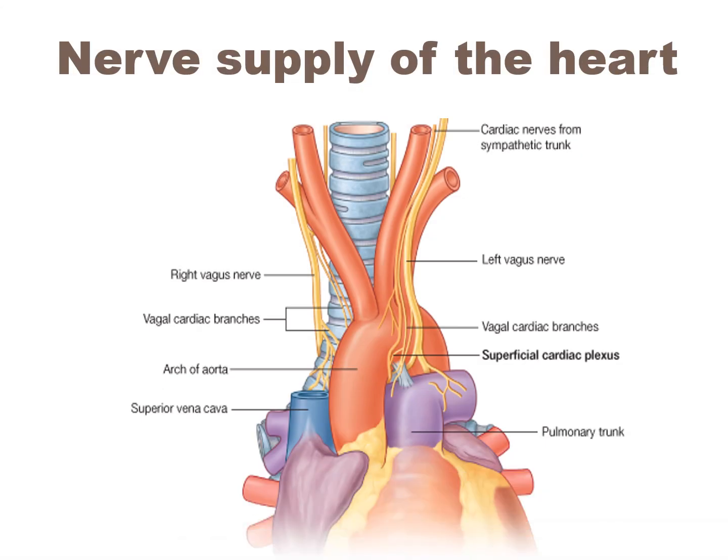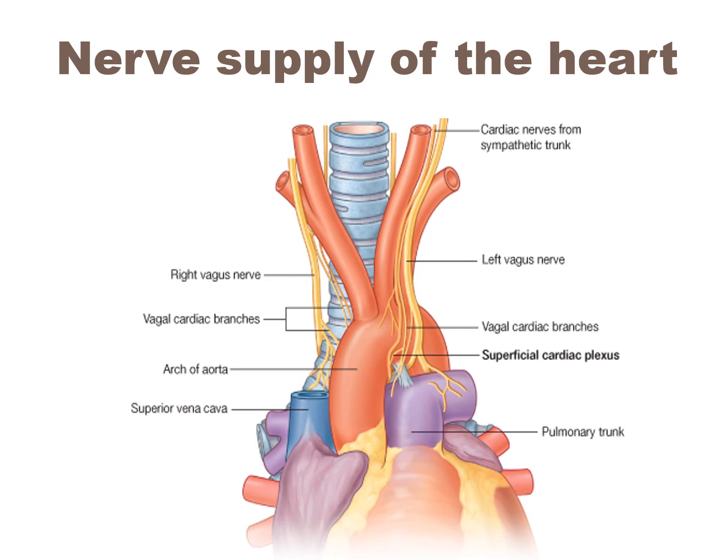The nerve supply of the heart is derived from the cardiac plexus, which is formed by the sympathetic and parasympathetic innervation. The atria and the conducting system of the heart are innervated by both sympathetic and parasympathetic nerves. So ventricular muscle is supplied only by sympathetic nerves. The cardiac plexus is formed by the interlinking of nerve fibers and nerve cells and is situated at the base of the heart.